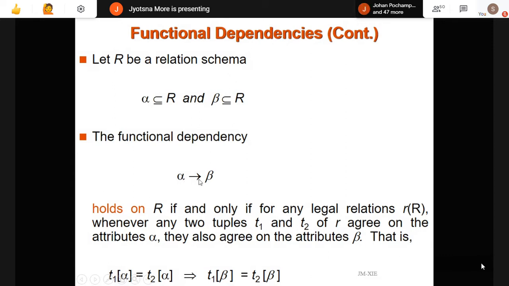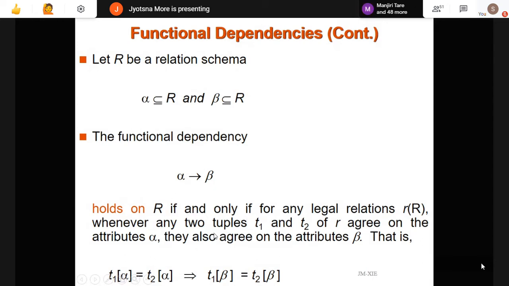Alpha determines beta, the arrow means determines. So you have to read it like this. I can say the functional dependency alpha determines beta holds on R if and only if